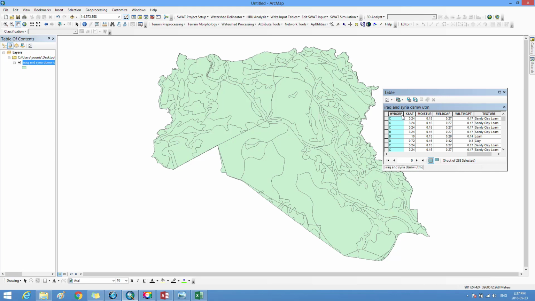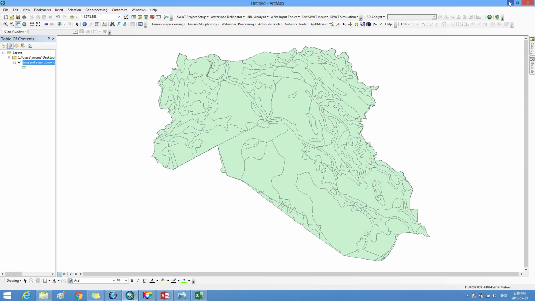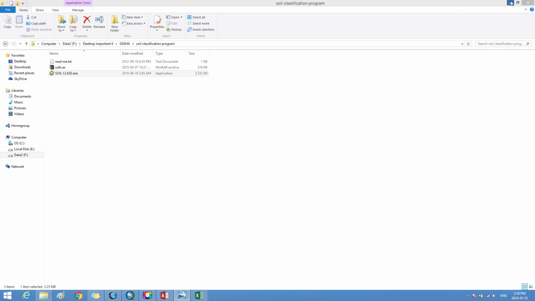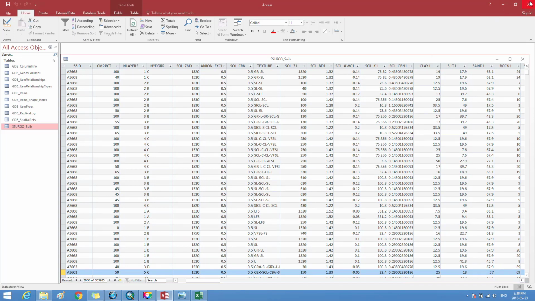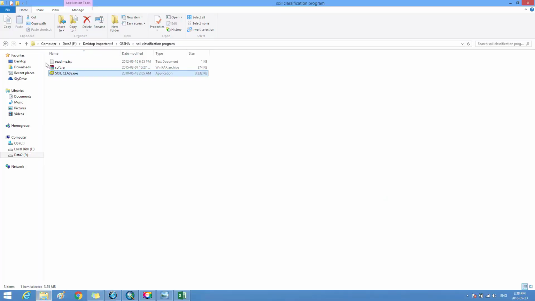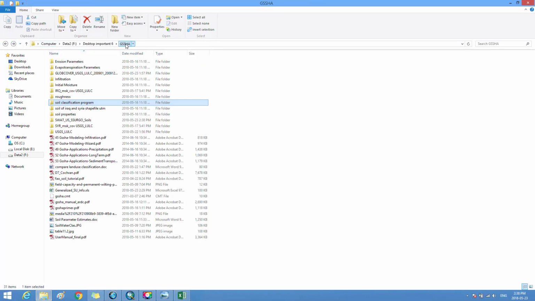Where after adding these 6 fields to the map table, we transfer the file on the desktop that contains this map with the title Soil of Iraq and Syria Shapefile UTM to the following path: where the file entitled Soil of Iraq and Syria Shapefile UTM was transferred to this path,